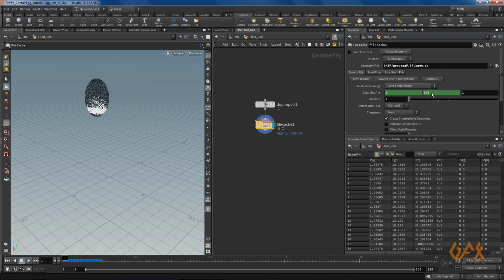And before that definitely you need to save the file. So I press Ctrl S and now I save to disk in background.